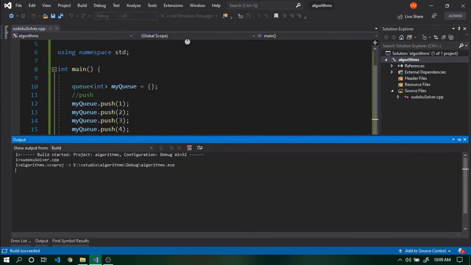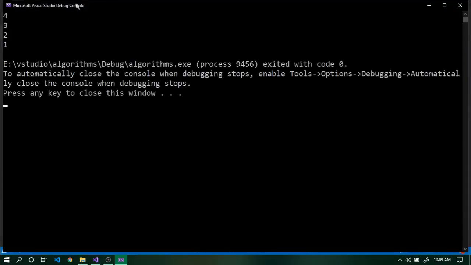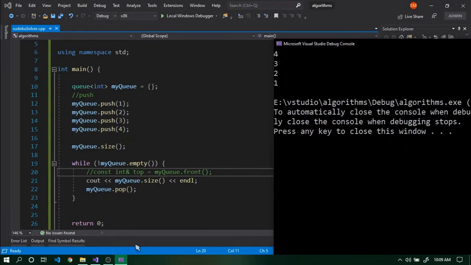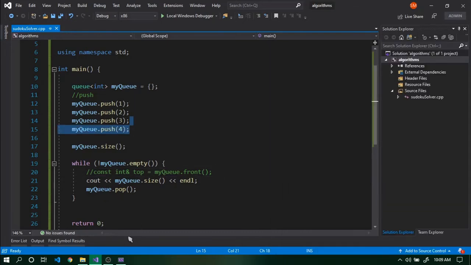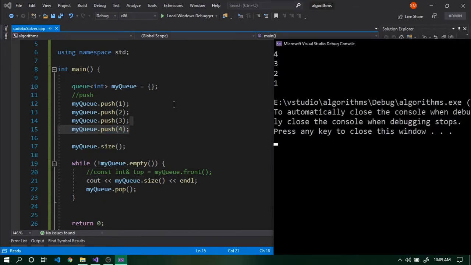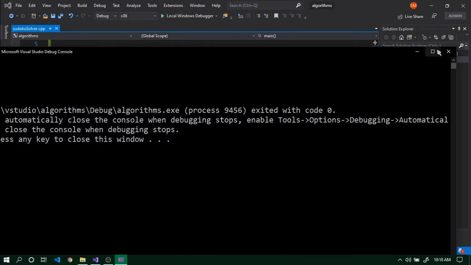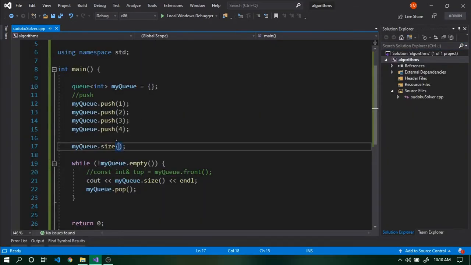Now this output will be the same as stack, but as you can see, whether you are using stack or queue, we had 4 values at the beginning, and then we popped one value and it became 3 values, that is we have 2 3 and 4 now. And then we popped another value, and then it became 2 values, 3 and 4. And then we popped another value, and finally we had one value and we popped it, and our queue was empty and it got out of the scope of the while loop. Okay, so that's how we basically use queues and stacks.